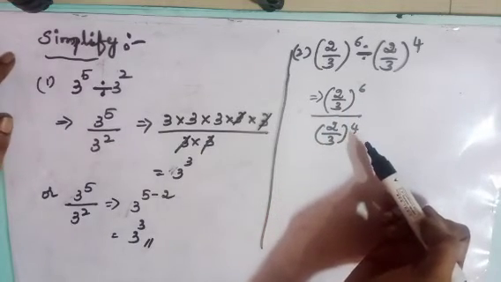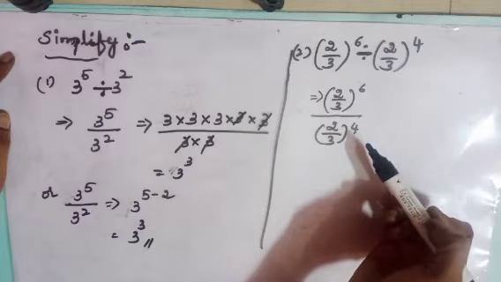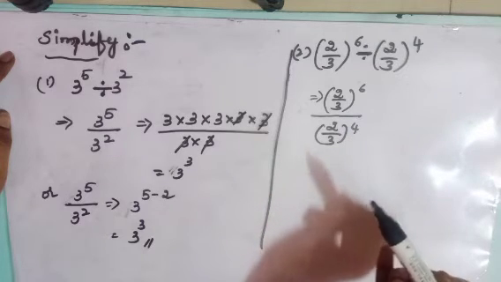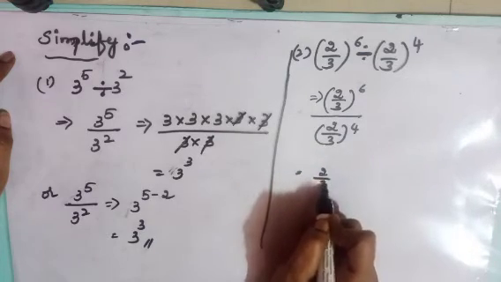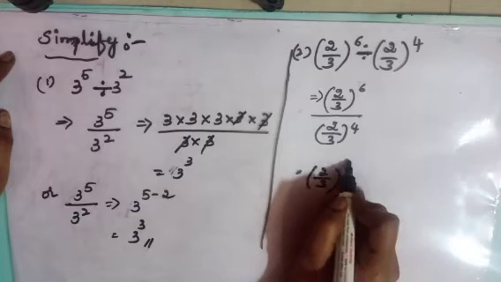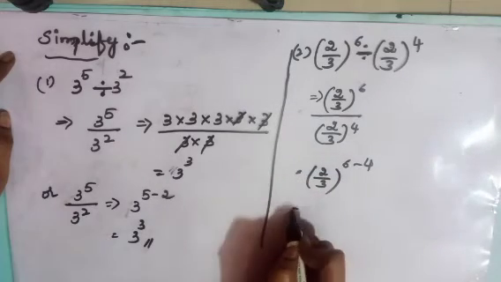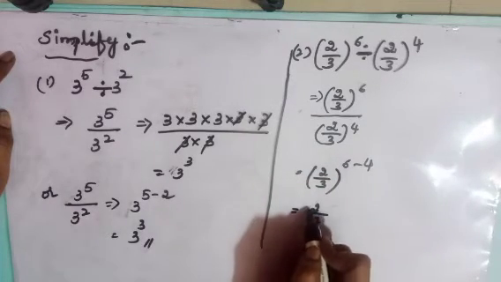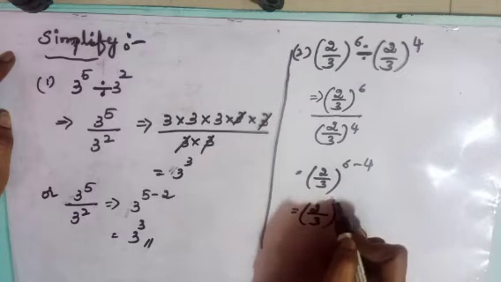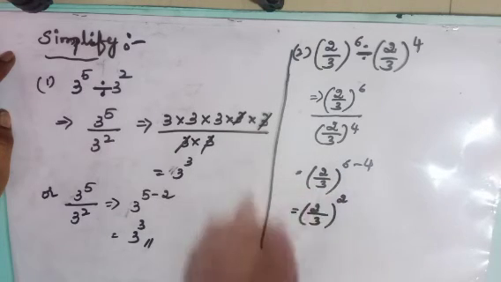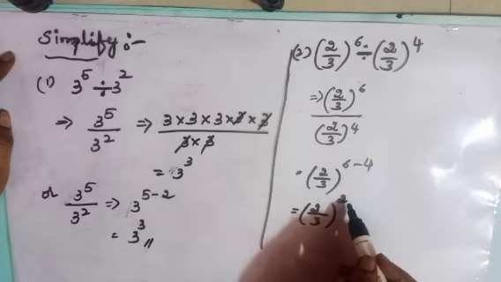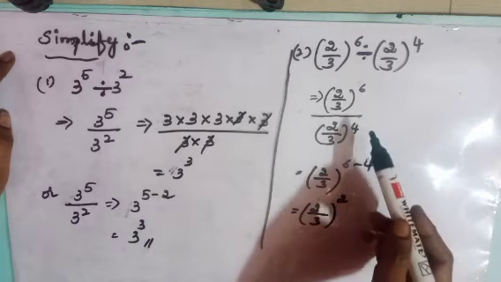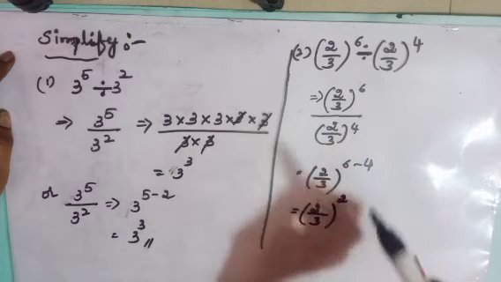So during the process of division, what we should do is subtract the power of the divisor from the power of the dividend. That is 2 by 3 whole to the power of 6 minus 4 equals 2 by 3 whole to the power of 6 minus 4, which is 2. So we have to write it in the exponential form now. So 2 by 3 whole to the power of 2. In this way also. If you divide in this way, it will be very easy.